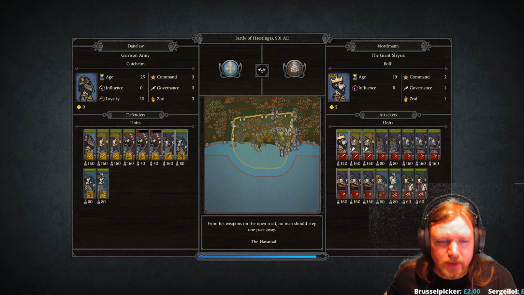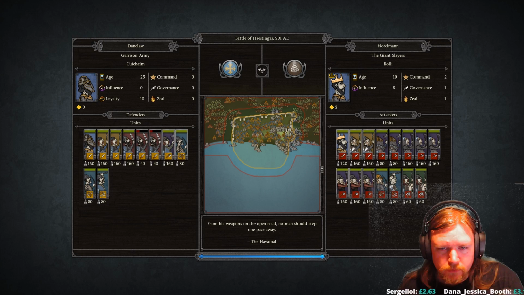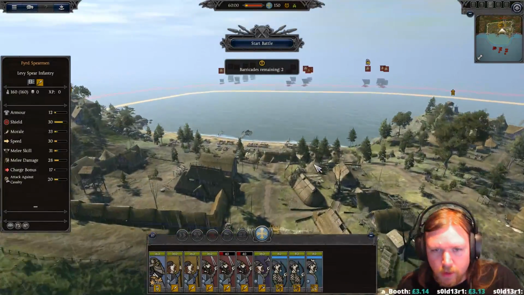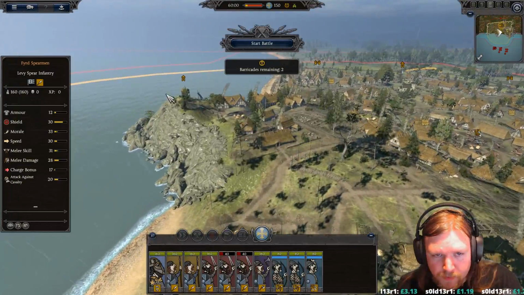Is this going to be an... Yeah, this is an amphibious landing, isn't it? Cool. I do like these. I think Attila did it better, but I do like these. Yep, it is. Cool. So, we could try and pin them on the beach, which would mean that we do